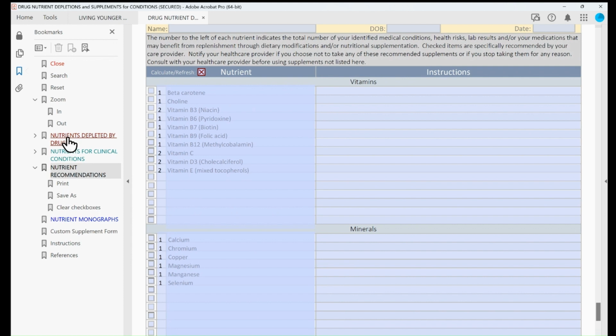Now you can combine this with both the medications the patient's on as well as their clinical conditions to generate an immediate report. So you can just click print, and now you've got patient-specific recommendations for nutritional supplements based purely on their needs. Now you also can add to this if you wish by clicking on one of the sections,